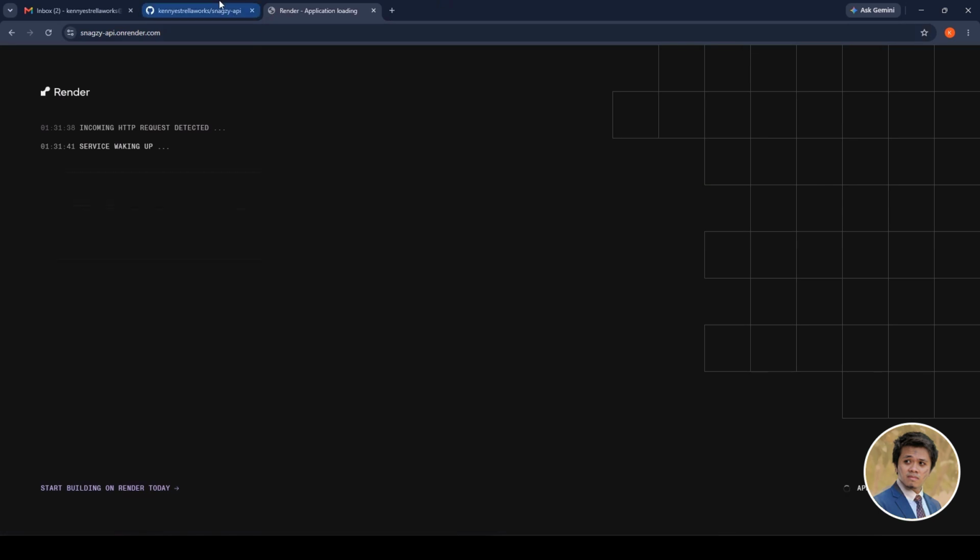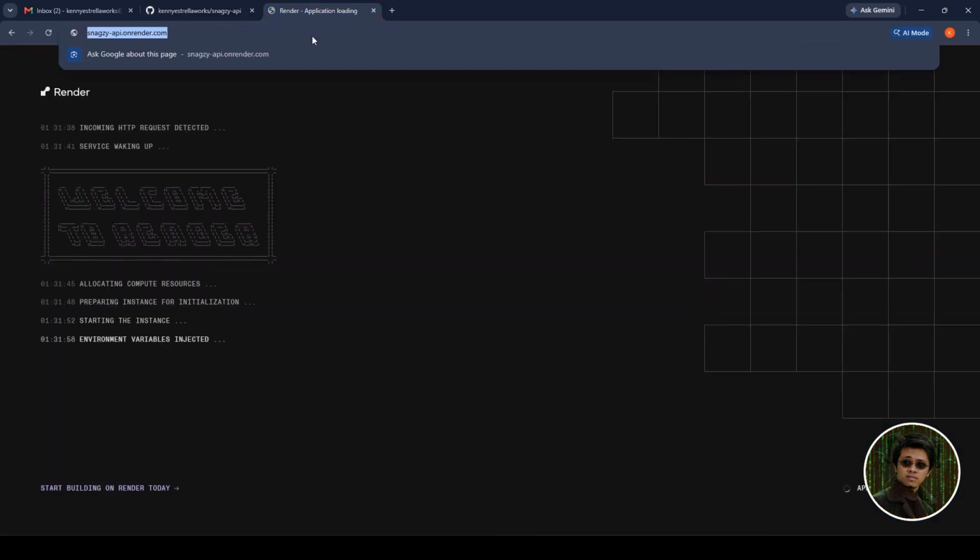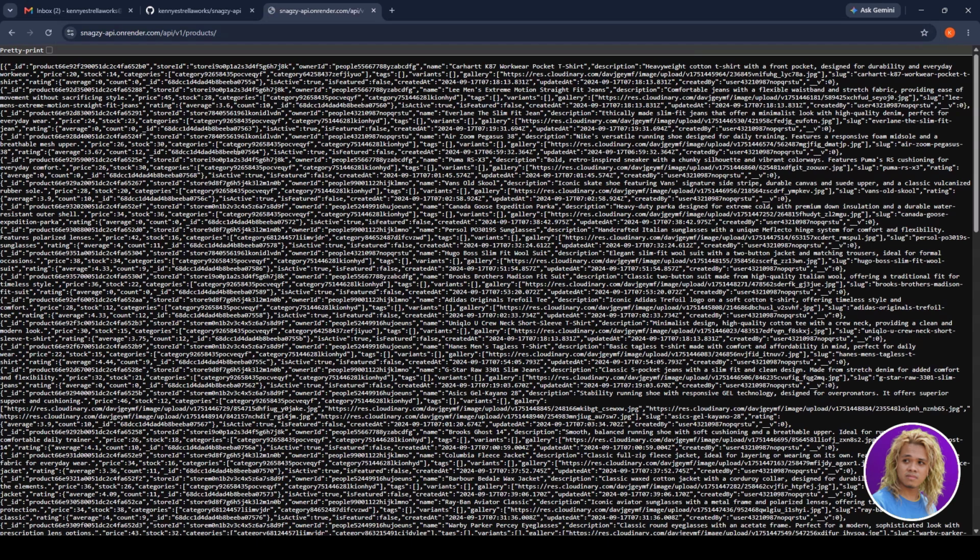You may notice that I also have Railway, also in its free tier, but it's not working since my trial ended, and they don't provide other services like Render does. Let's try out some routes. Let's go with this one, products. We are still waiting, but once it's awake, we will paste the route here. It's awake now. We can now try the route to get all products. And it worked. We got a response from MongoDB showing the result in JSON format.